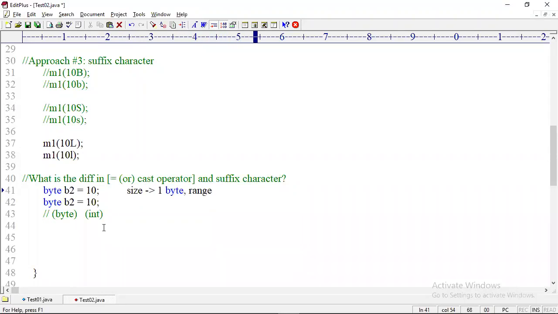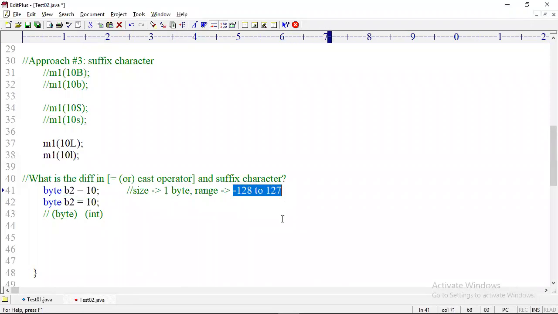Range means what range of values it can store. Range is minus 128 to 127. That means you are allowed to assign a value to a byte variable only in the range of minus 128 to 127.